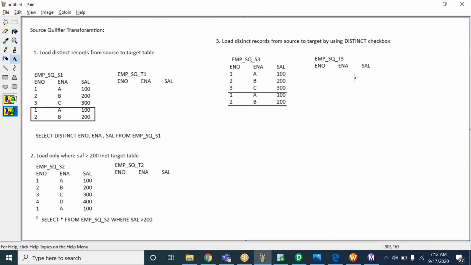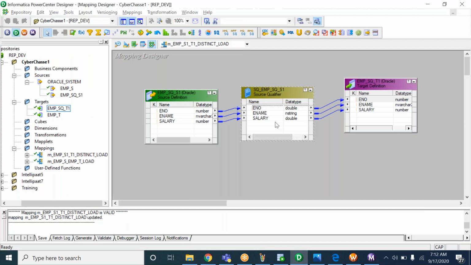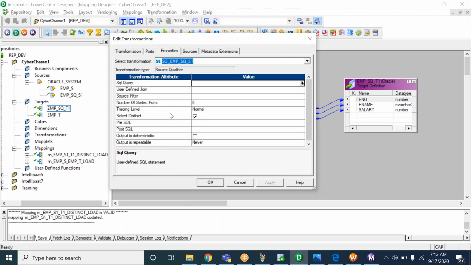Now what is the difference between writing a query inside the source qualifier to select the distinct records, and selecting the Select Distinct checkbox? What will happen if you write a query here versus selecting the option? Any idea? What is the difference between writing the query and selecting this option?